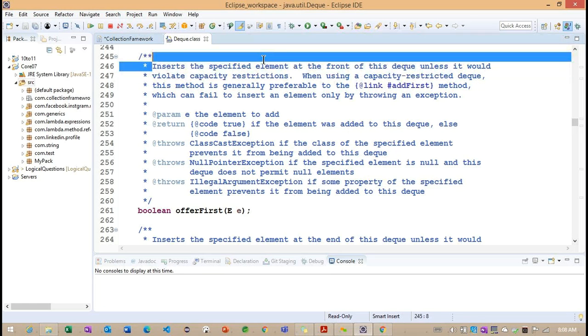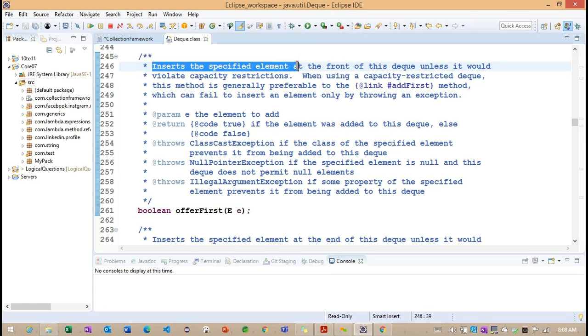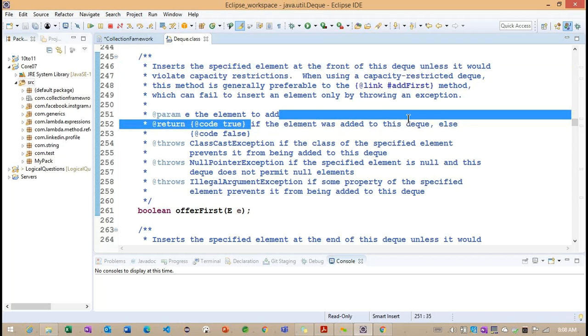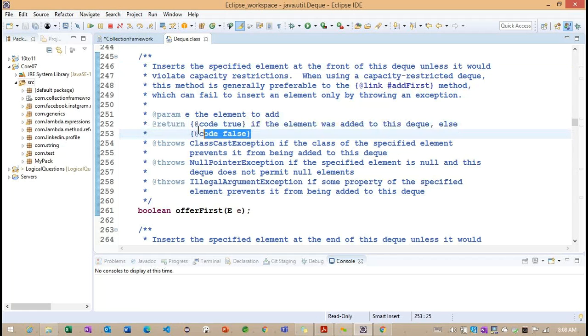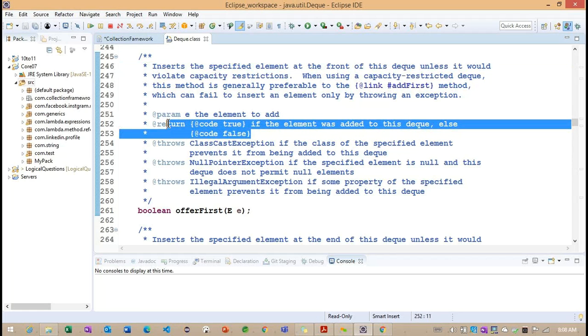It will try to insert the element at the front of this queue. When we are using a capacity-restricted queue, this method will return true if the element is added, otherwise it will return false. So this is the return statement of this offerFirst method.